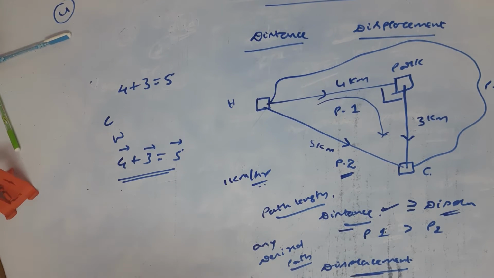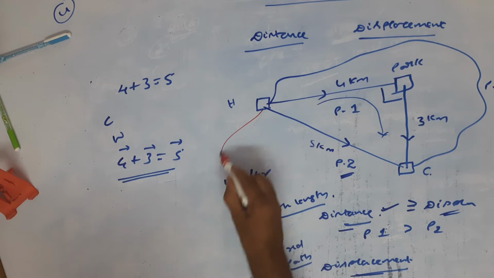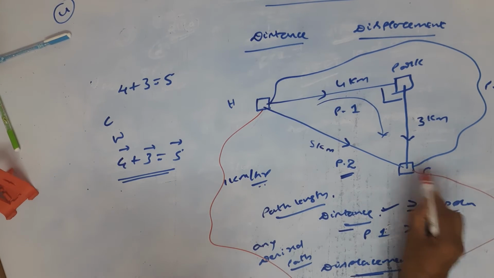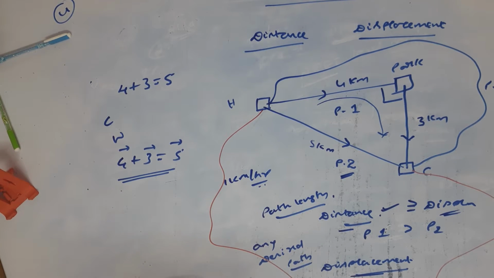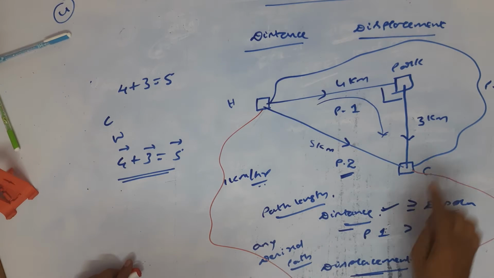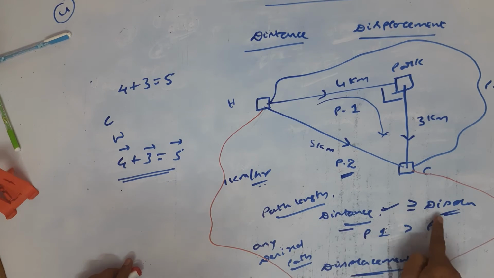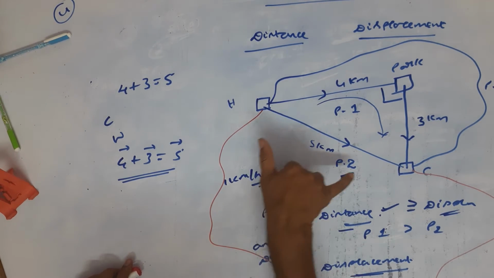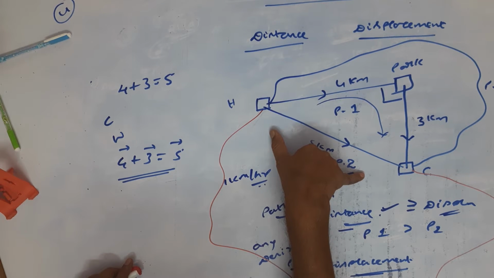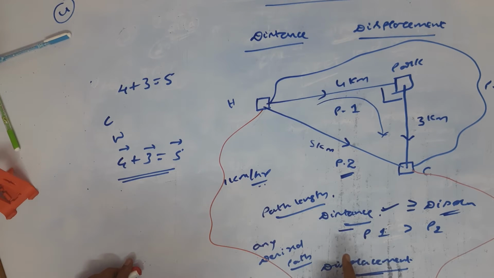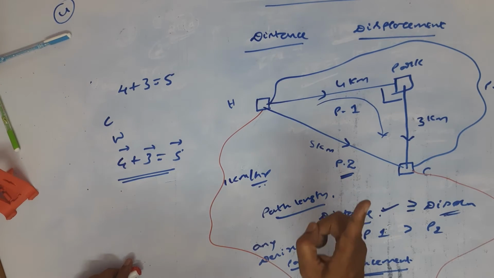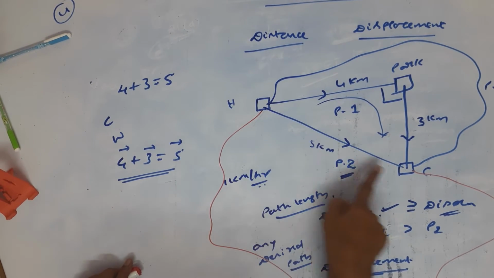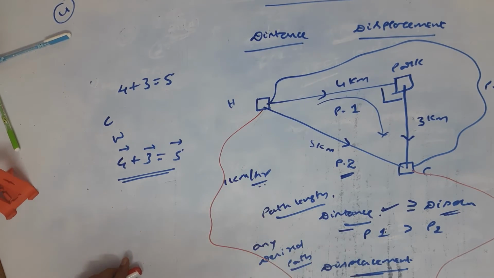You just observe. Otherwise, imagine that you are going like this. You see, this is also distance. Therefore, always remember, distance is greater than the displacement. The shortest distance between the 2 points along a straight line is called displacement. It has a direction. You are going from here to here, and again from here to here.